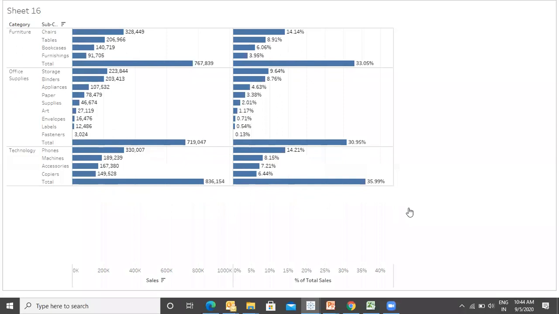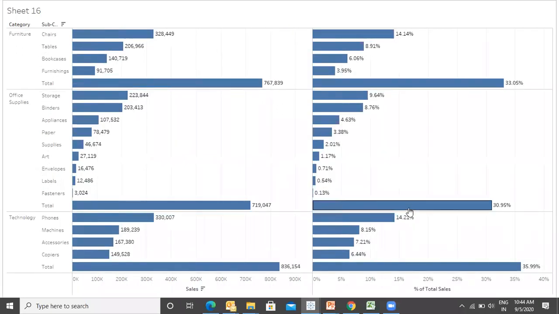Right. So in this chart, I'm displaying both the things. So can someone tell me what is the revenue we have generated in chairs? How much revenue has been generated in chairs? Waiting for the response. 14%.